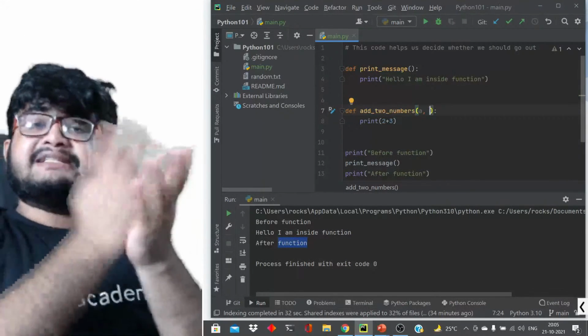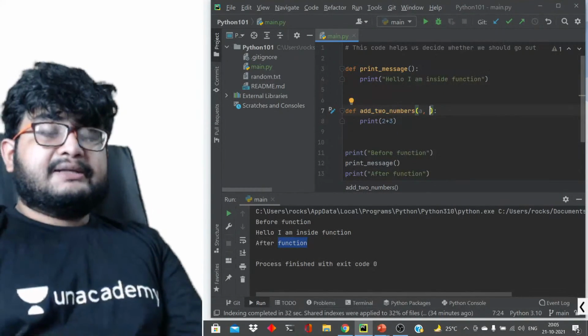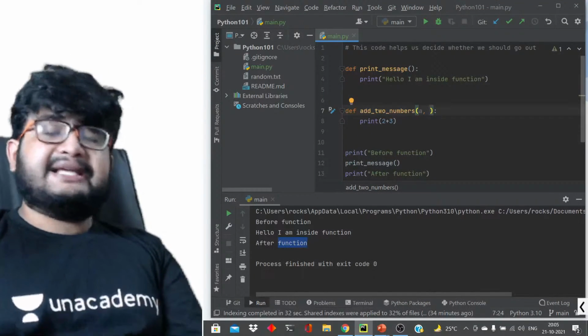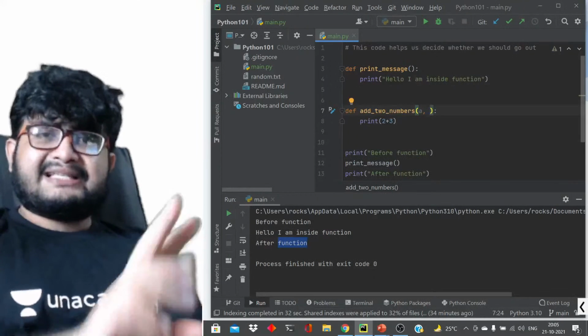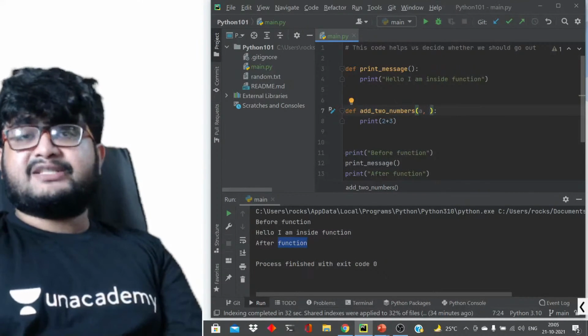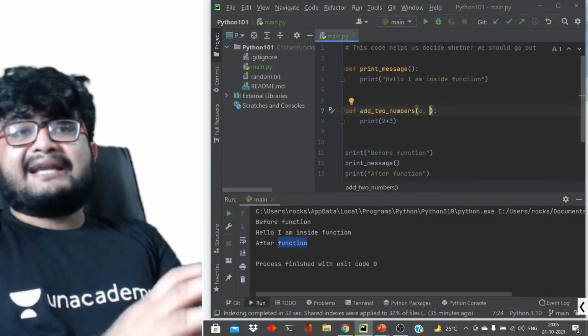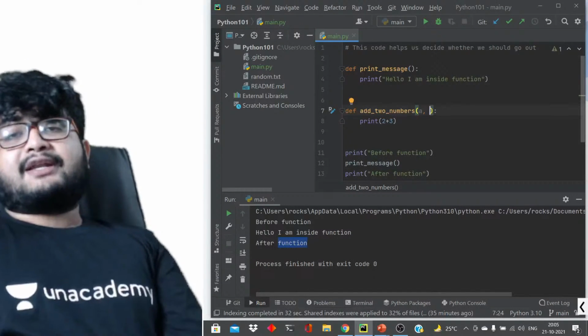This parameter, or argument, is an input that a function takes. Now there are two words that I've used here: the word parameter and the word argument. Are they the same? Can you use them interchangeably? Actually, it's a bit confusing. Many of you might think that parameters and arguments can be used interchangeably, but it's not like that.